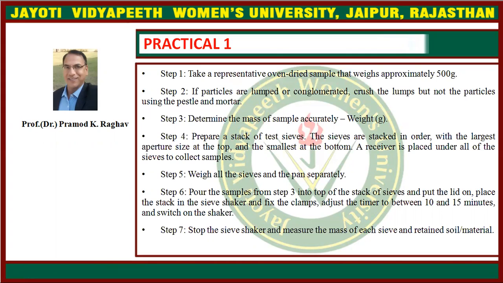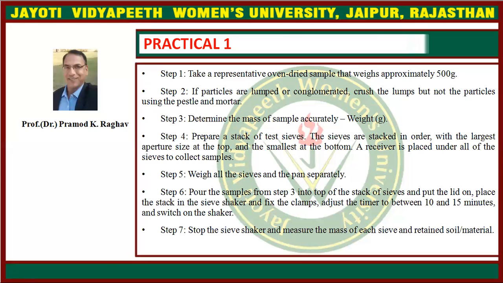First of all, an oven-dried sample is weighed. Approximately 500 gram sample is weighed, and if the particles are lumped, as I told, we use the pestle and mortar to crush it. Then we determine the mass of the sample accurately, and after that we prepare a stack of the test sieves, which means we put those test sieves in order